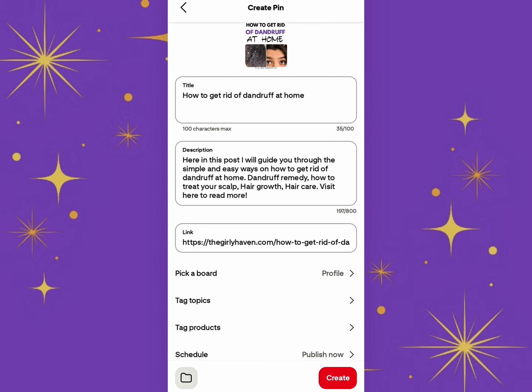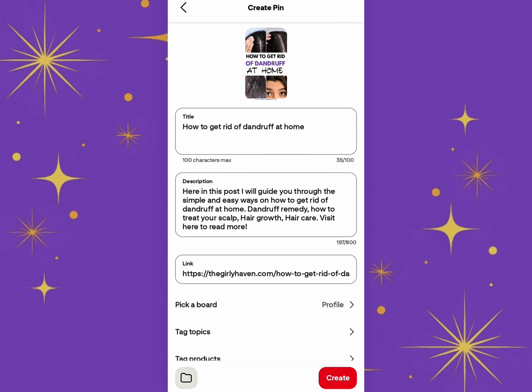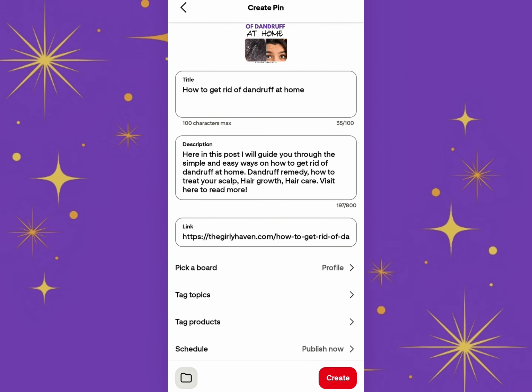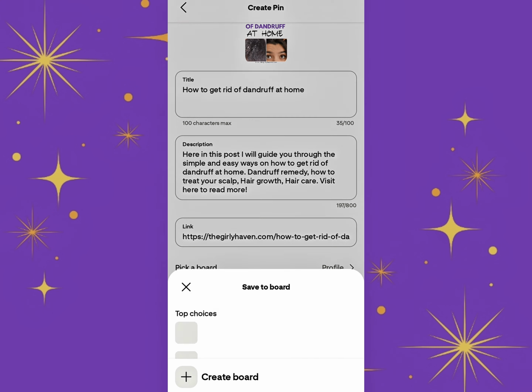If you're working as a Pinterest VA and your duty is to post on Pinterest for someone, always indicate the person's link, and the link you're going to indicate should be related to the topic you are posting. All you just have to do is to copy the URL or the link of that particular topic and post it here. You don't need to copy a link of another topic and paste it here. After you are done with that, remember, you click on the next